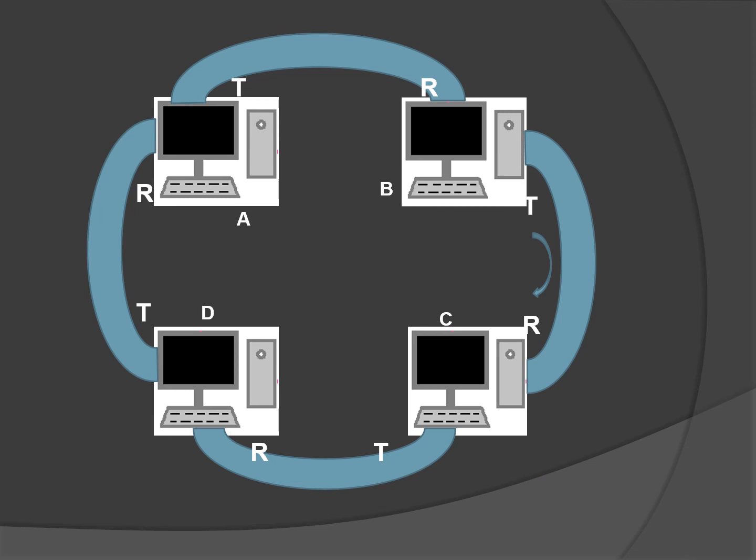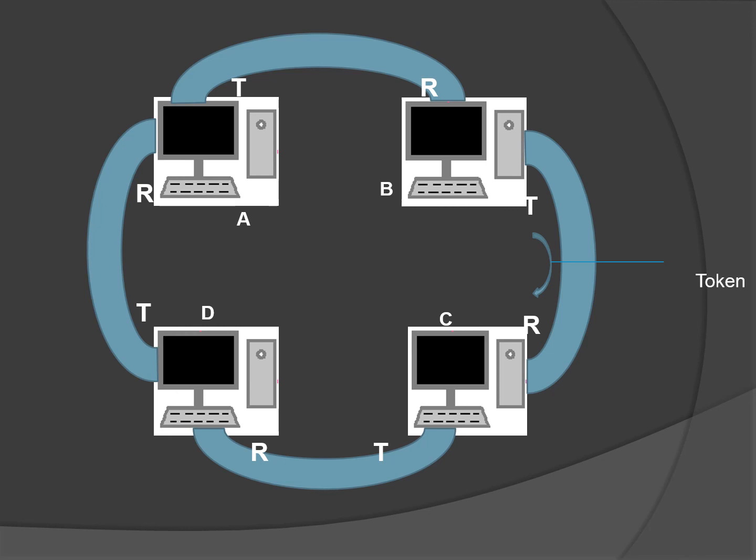The data is transmitted with the help of the token. So we know the token. Here in this architecture, each workstation is attached to a control card and all workstations will be functioning in the form of a ring. Each and every workstation here will be acting as a repeater and the data is transmitted in one direction. So if A wants to transmit the data to C, it will first receive the token and put the data in A and send it to B. B will check whether the address matches or not. If it is not matching, then it is sent to the downstream workstation, which is your C station.